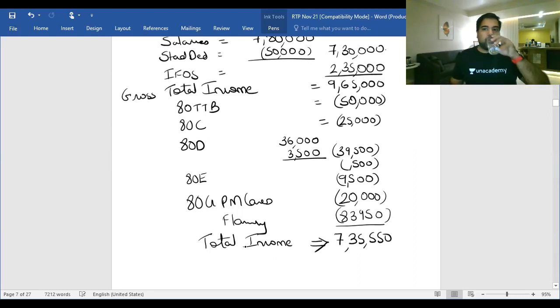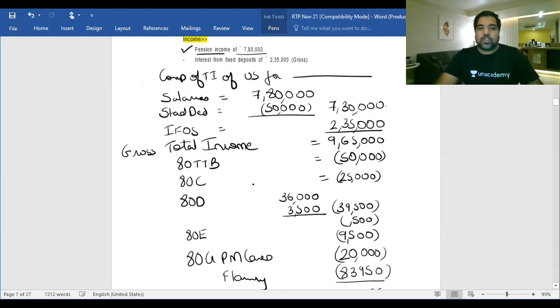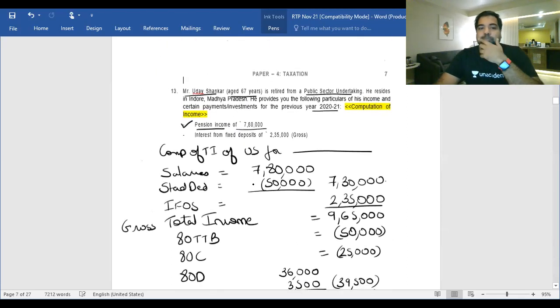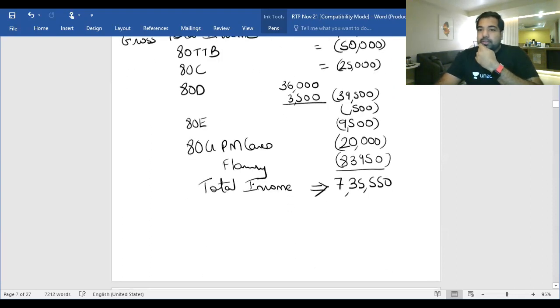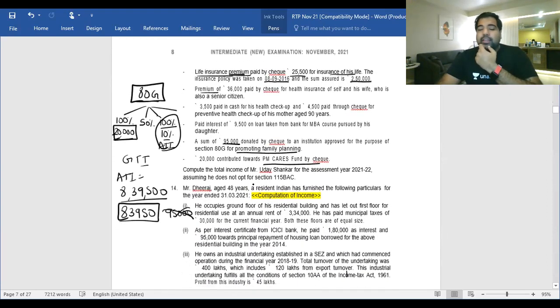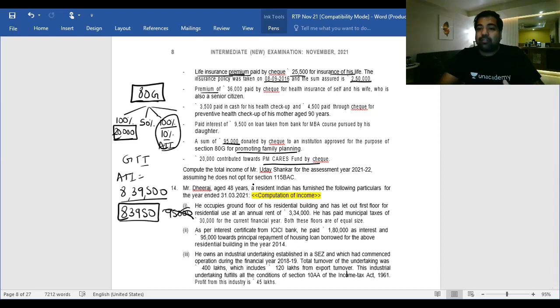I hope this is clear. So this is the total income of Uday Shankar. Excellent question. Why so good? Because it tests your knowledge of 80G. If you're wondering what 80G is and how to remember so many, I have a shortcut for that, because everything that is difficult is good for me. So I can bring a shortcut to you and help simplify it. Simple things everyone will understand. If you can master these things, that will give you an edge to get exemptions and ranks in the exam.